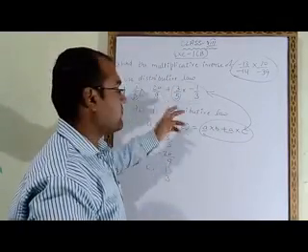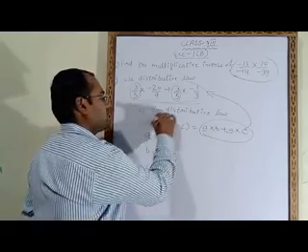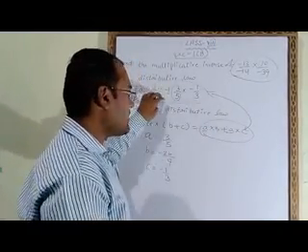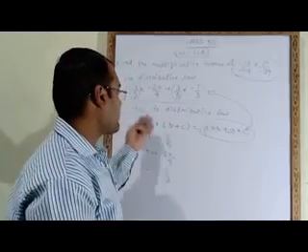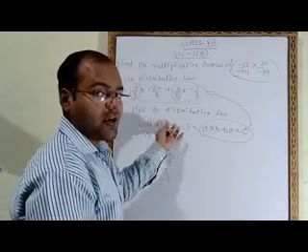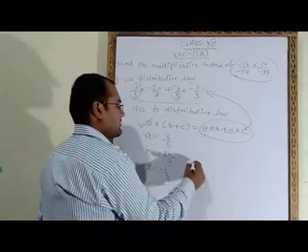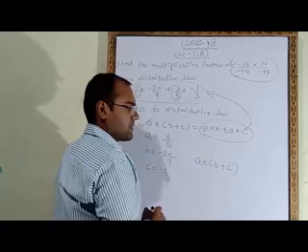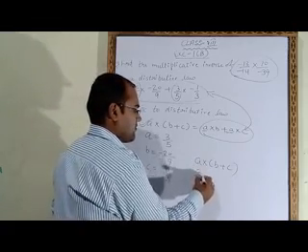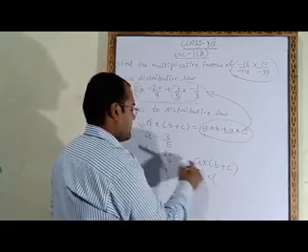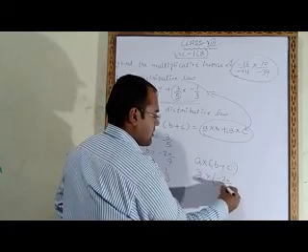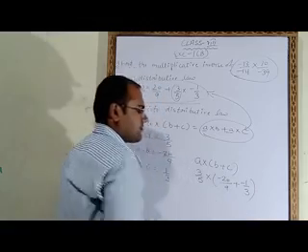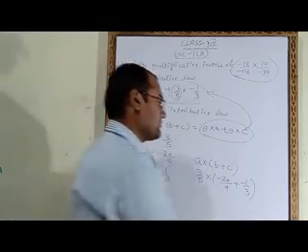So what we have to write? We have to write the left side. Right hand side of this distributive law is already given in the question. So which side we will write? We will write left hand side. So what is this? A into B plus C. A value is 3 upon 5 into B value is minus 20 upon 9 plus C. C value is minus 1 upon 3. So this is the answer.